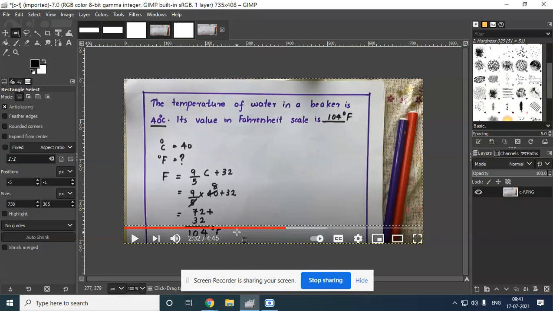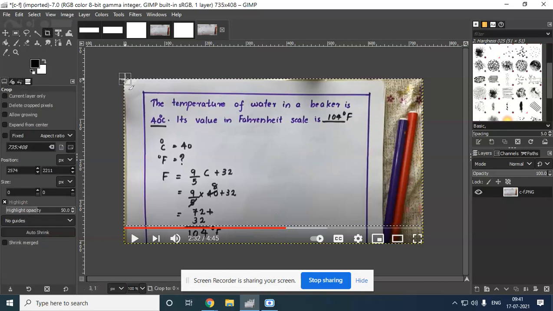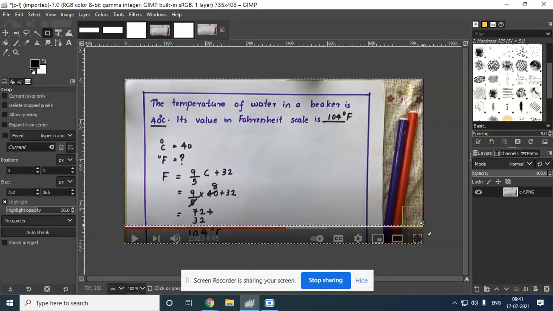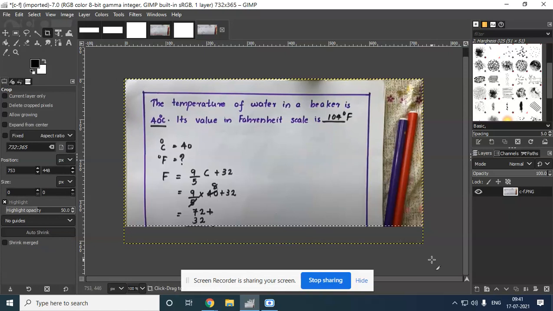If you want to select in an ellipse, you can. If you want to crop this, you use the crop option and crop this particular image, Enter. So this is how to edit the images.